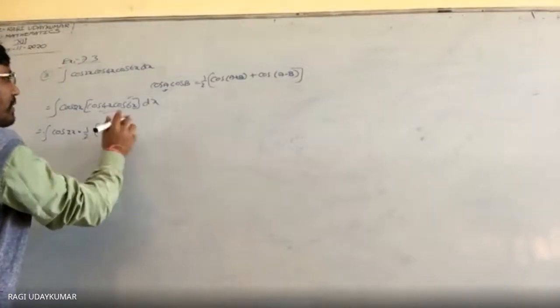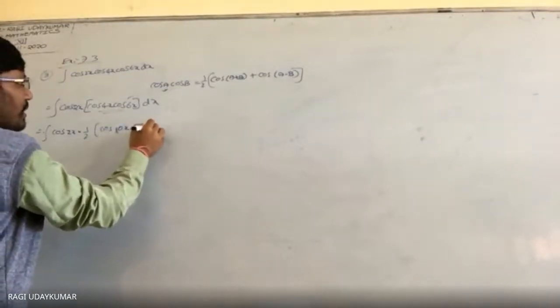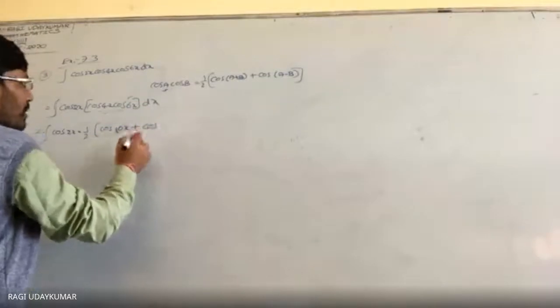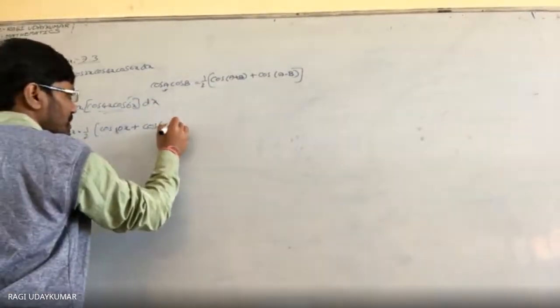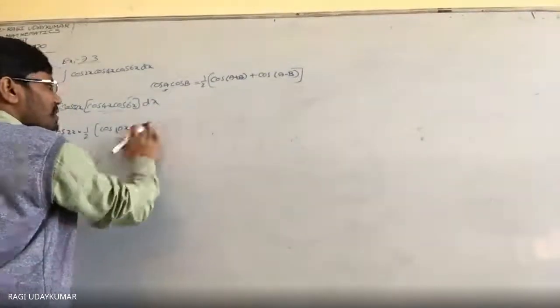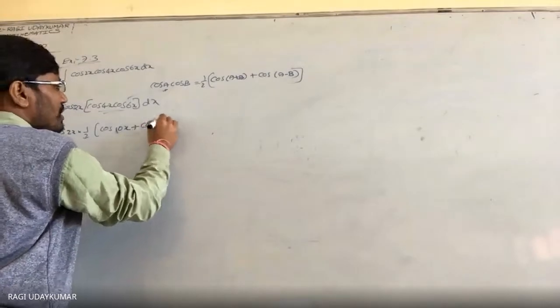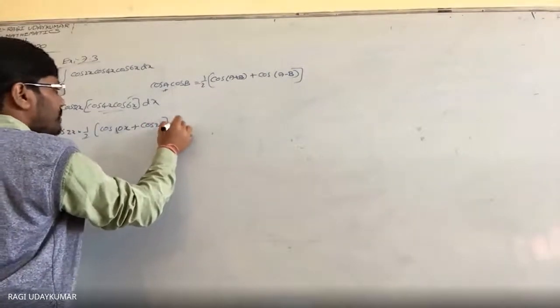Directly cos 10x plus cos(A minus B). Either way you can take A, this one or that one, you can take it in any way. If you take it like this, minus 2x will come. So cos of minus 2x is equal to cos 2x. To decrease the length of the problem, I am writing it like this, dx.